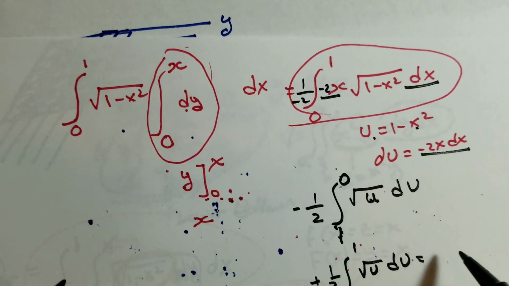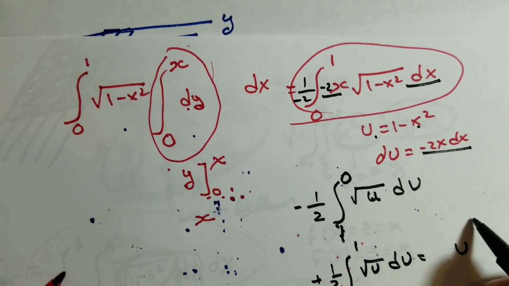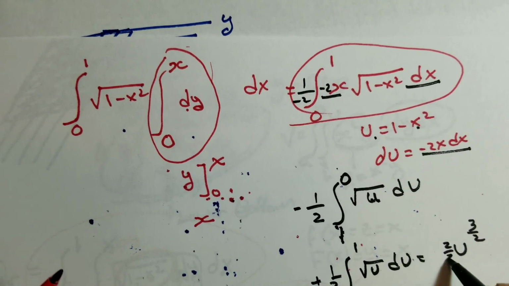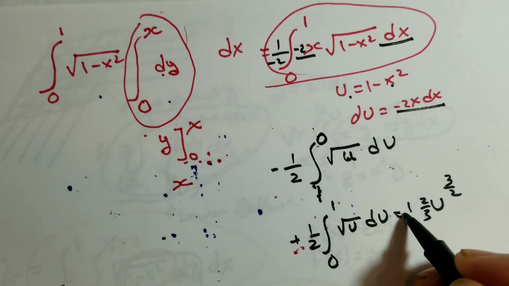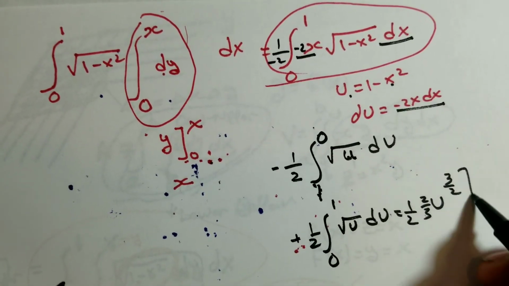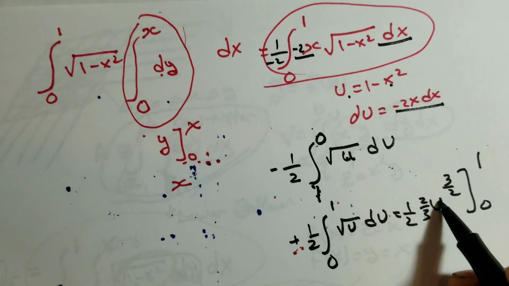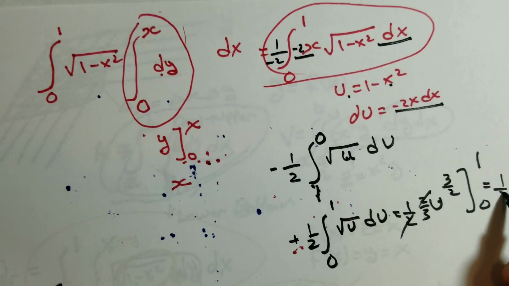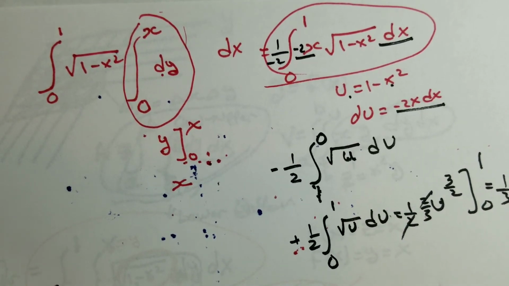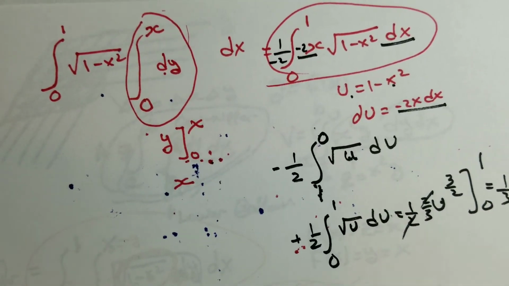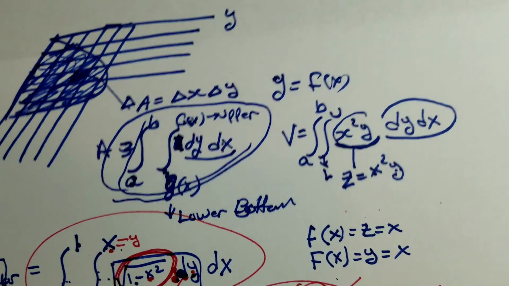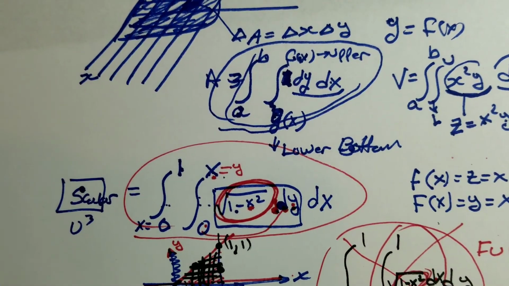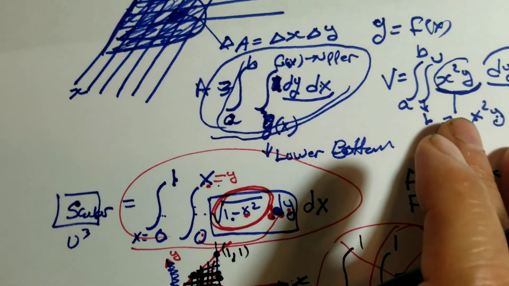And u to the power of 1/2 becomes u to the power of 3/2 times 2/3. And don't forget, I have a 1/2 here from 0 to 1. And that becomes 1 to the power of 3/2, which is 1. And the answer is 1/3. I don't know if that 1/3 represented the volume. Then I'll call it a u cubed. Therefore, this one is